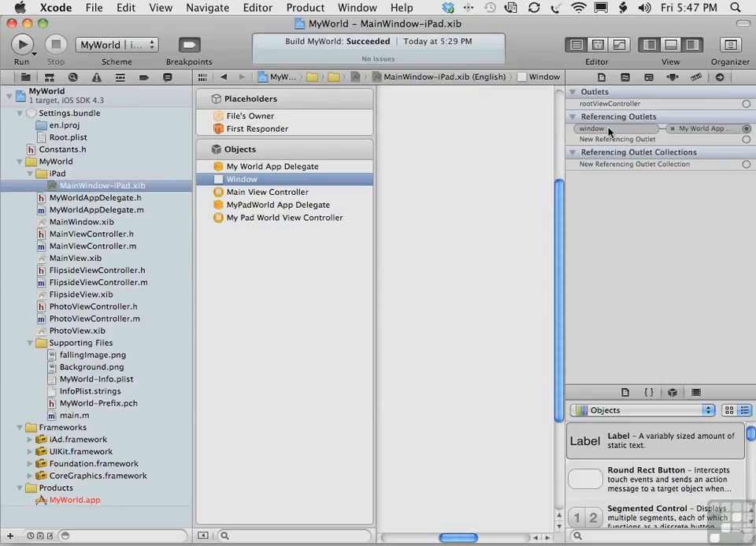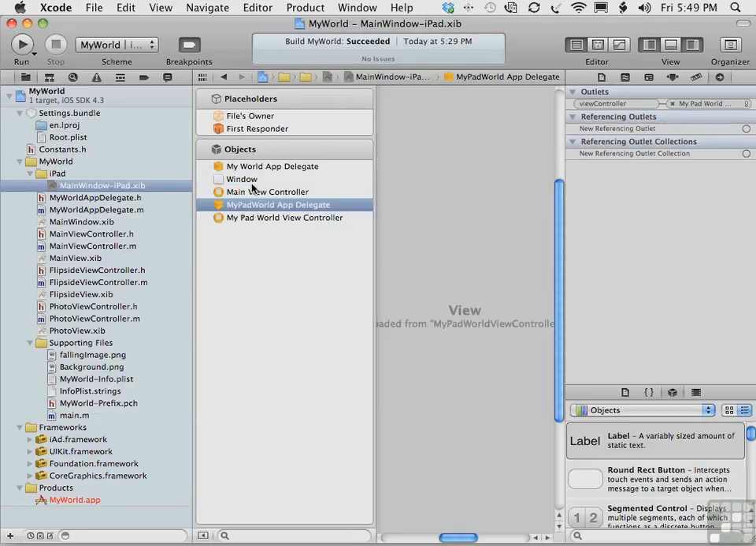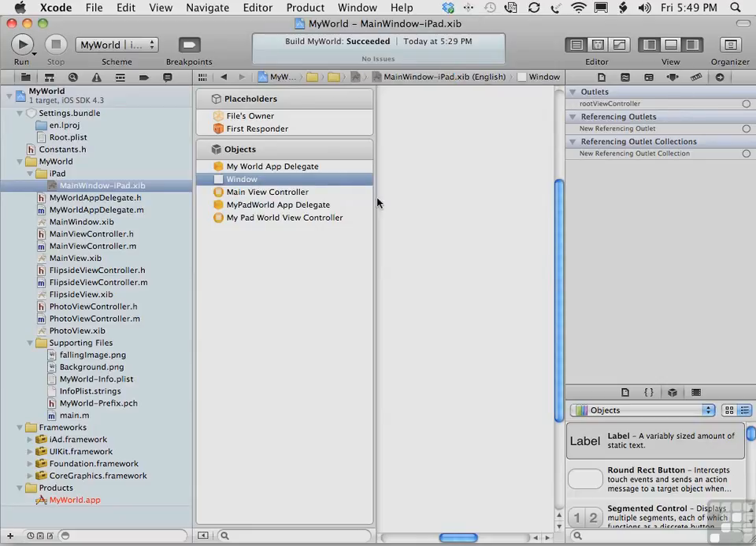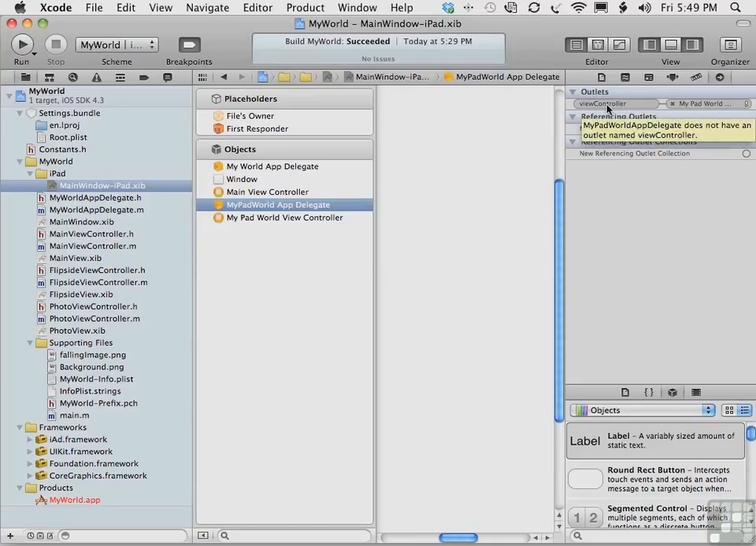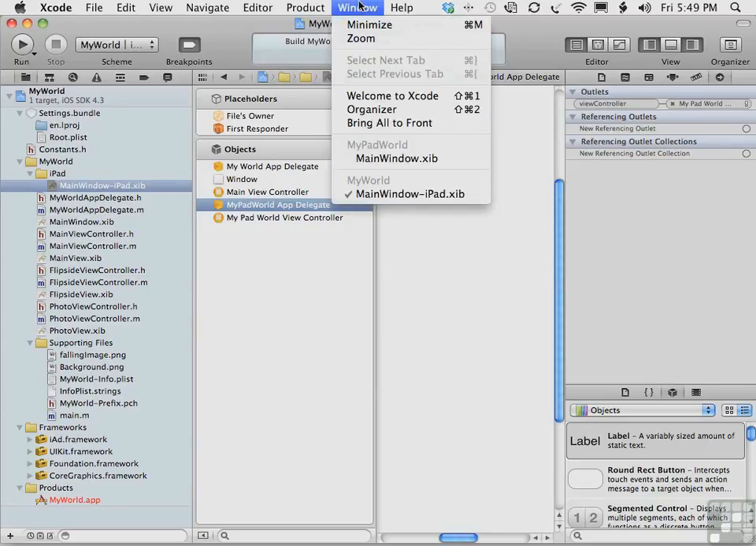As you can see, the reference outlet is set to My World App Delegate, and that's not what we want. So we're going to click the X on the left here, disconnect it. Now, before we actually connect window to MyPadWorld App Delegate, you can see that we need to actually drag the view controller code over here because we don't have it yet. So the first thing we need to do is go back to MyPadWorld